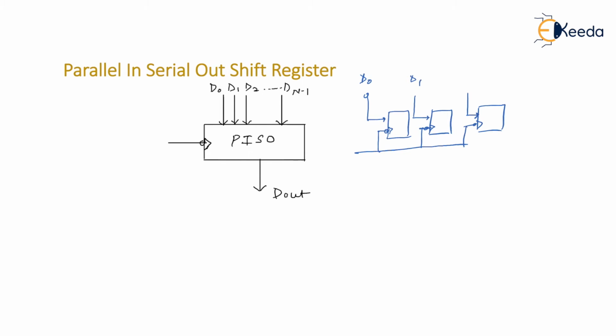So let us say D0, D1, D2 is the parallel data. Let me say 101 is the data and you have applied a clock. All of them get triggered at the same time. And what happens? Whatever data is over here, that gets stored automatically. So 101. Try to understand. Within only one clock pulse, the data gets stored inside the shift register, because there is a provision to apply all the data at the same time. I can say that within only one clock pulse, the whole data gets stored inside the shift register. Yes or no?